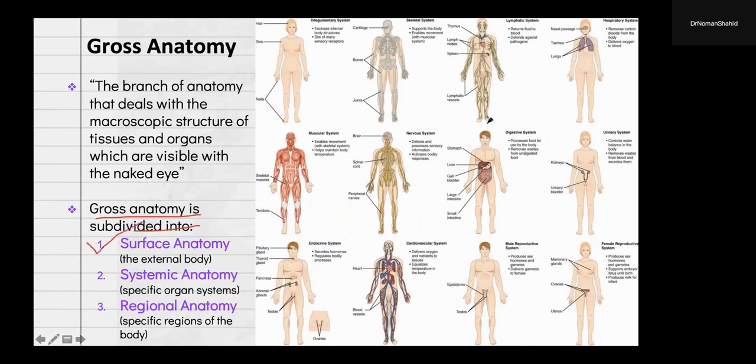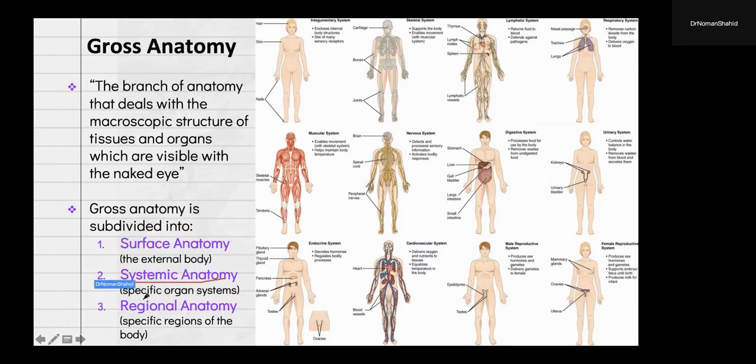For example, if you look at the skin, you can see the hair, you can see the eyes, lips, nose, cheeks, buccinator muscle, clavicle bone, pectoralis major, these muscles. Yes, without aid and lenses. Very good. And then in surface anatomy we study externally from the surface, the external anatomical landmarks seen by our naked eye. These are studied in surface anatomy. And then next we go to the